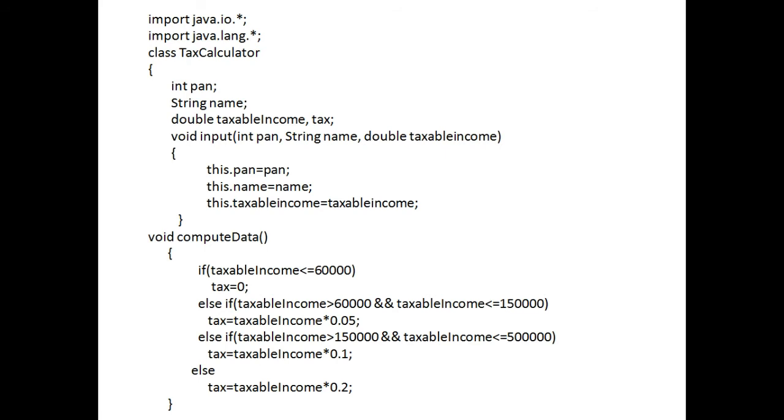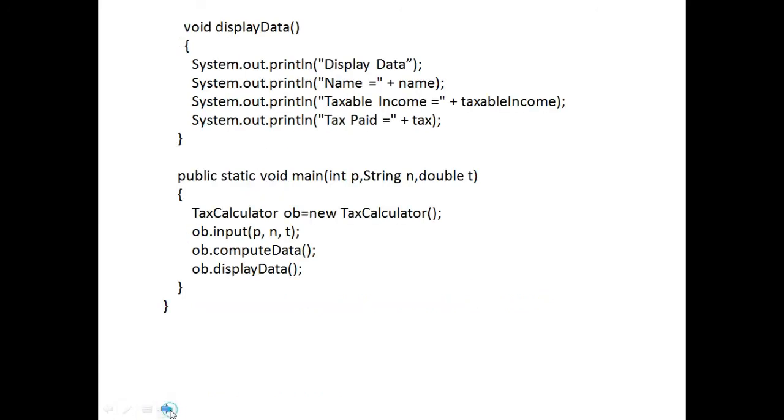Simply calculated. In the first part, void input, we simply accept the values as formal parameters. The actual value will be taken in the main function, and in compute data we simply did the process work. Now let us move to the next part, void display data. Here we need to display the output part. We'll print the name, and a message inside double inverted commas. The same thing will be displayed. Now name has been displayed, taxable income, and even tax is displayed. So our input, process and output work is over.